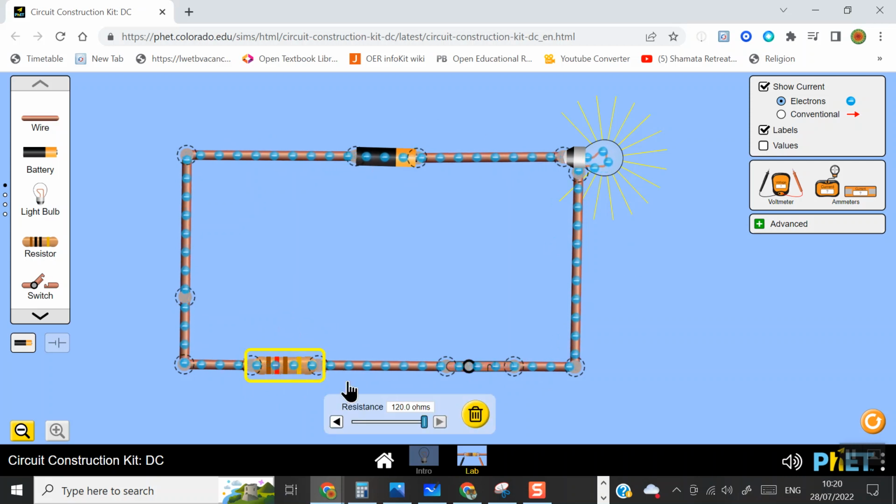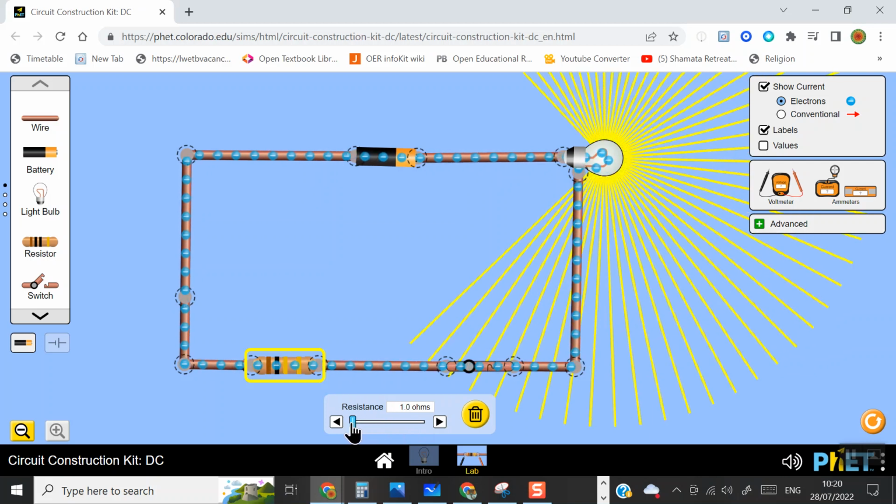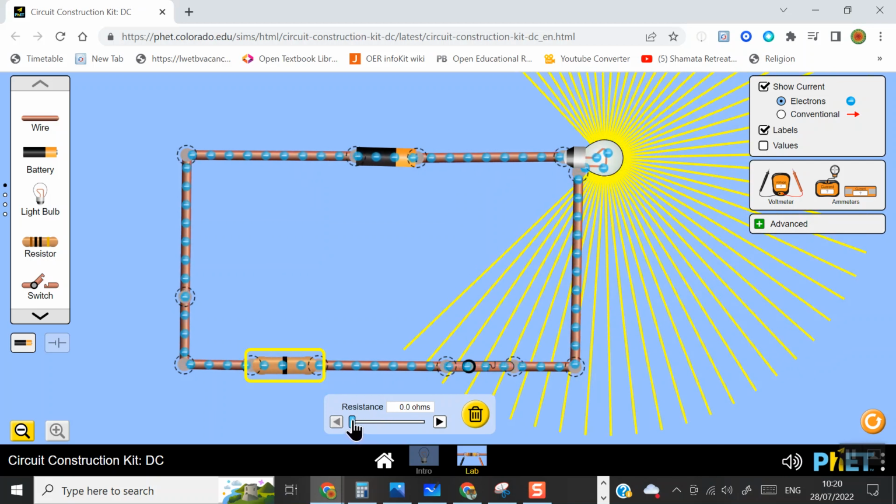And then as you start to heat up the liquid, it will reduce the resistance, and that will allow the electricity to flow. So we're going from cold here to hot, and when it's hot, it will allow the flow of